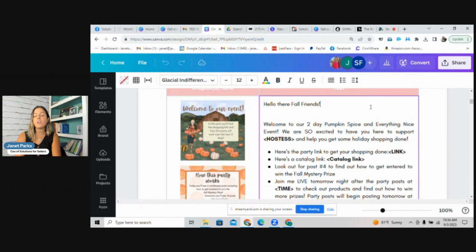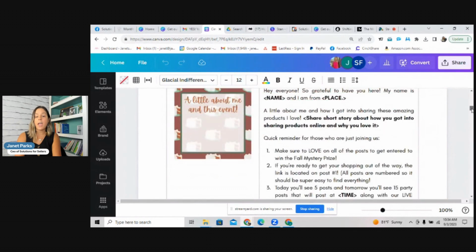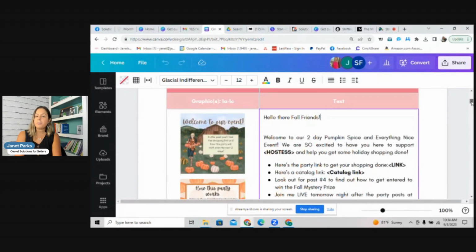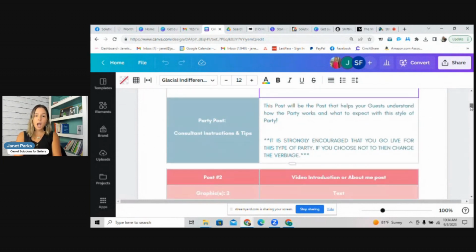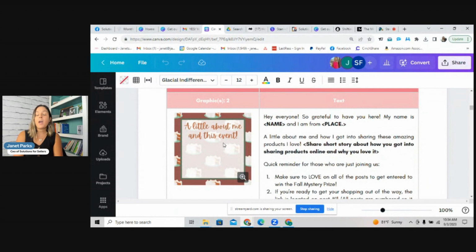For those of you that are non-CinchShare users, you could just open up the script link and you have all of your captions in here and your graphics that you could just copy. Now, the copying of the graphics from this doc is going to work a little bit until you get to the ones that you have to personalize, which I'm going to walk you through exactly how to do.